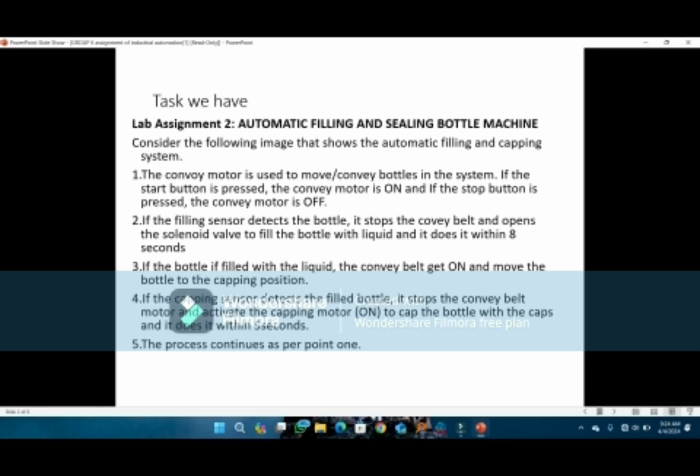And when the bottle is filled with the liquid, the conveyor belt turns on and moves the bottle to the capping position. And if the capping sensor detects the filled bottle, it stops the conveyor belt motor and activates the capping motor to cap the bottle with the caps, and it does it within 5 seconds, and the process continues